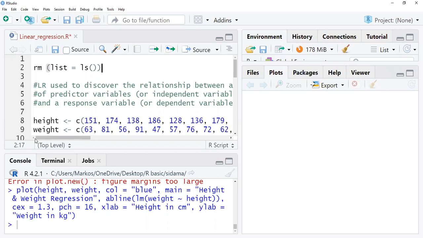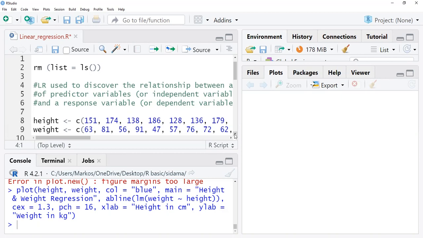So linear regression basically shows us the relationship between the predictor variable, or variables in case of multiple regression, which in social science are commonly known as independent variables, and the response variable, or the dependent variable. So how these two variables are related, either positively or negatively affecting each other, we will see using linear regression